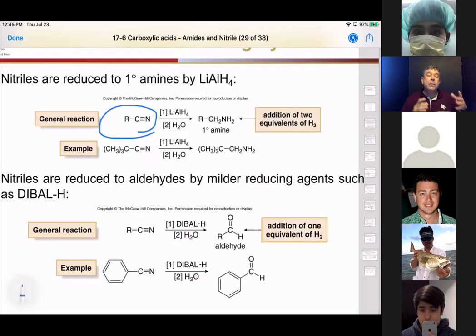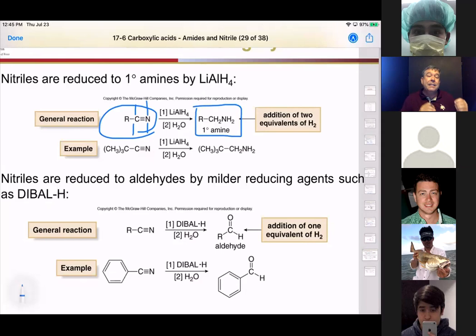And then by using lithium aluminum hydride, because that'll reduce down other carbonyl compounds as well, it'll actually reduce it down to the primary terminal amine. It's going to add 4 hydrogens across this triple bond, yielding our primary amine. Okay. So what's really good about this is that DIBAL is also very good at transferring that hydrogen to the system,